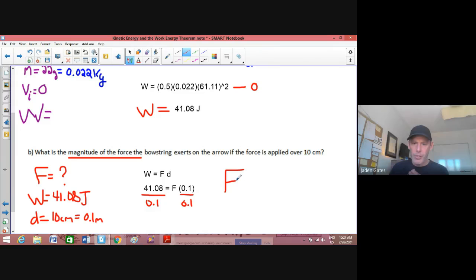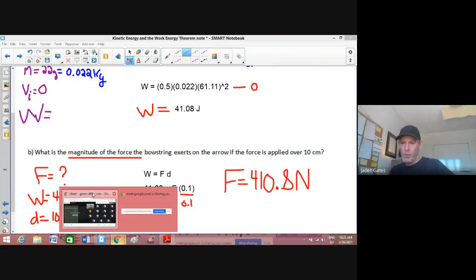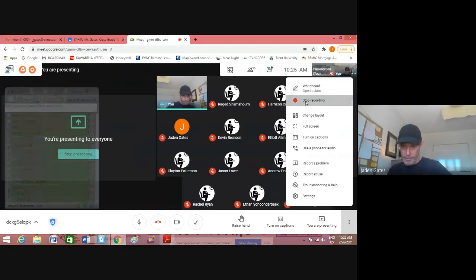And so my force is equal to, I'm just moving the decimal place over, 410.8, and again, because we're all in our standard units here, newtons. And that's how much force that string applied to our arrow. All right, so that, folks,